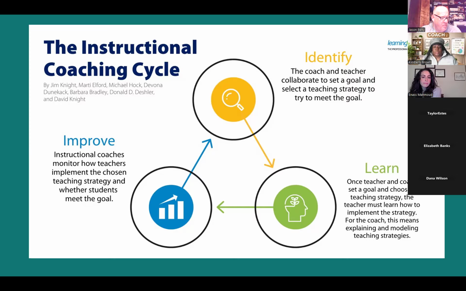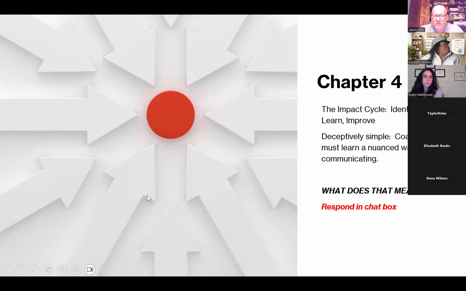Then when you are learning as an instructional coach, you may be asked to model and then teach side by side and then let the teacher take over, and then improve. You have your teacher set a goal and then you collect data to see if that teaching strategy is supporting student learning and whether the students are actually growing and improving. So, first of all,